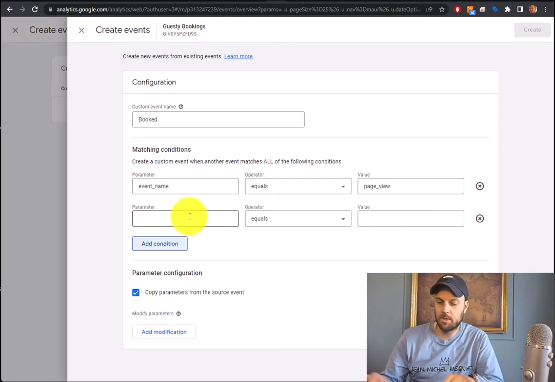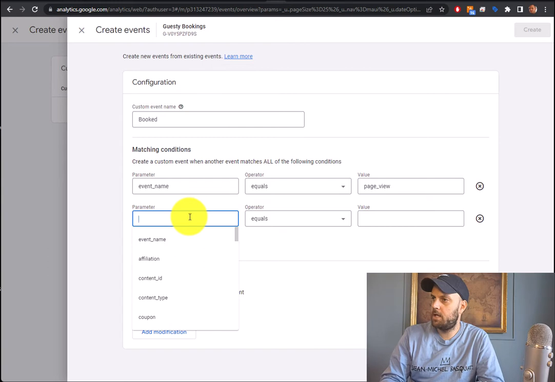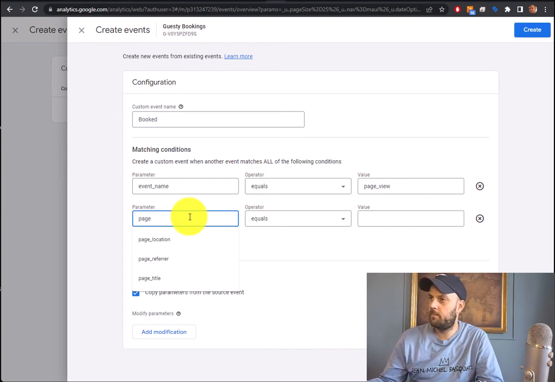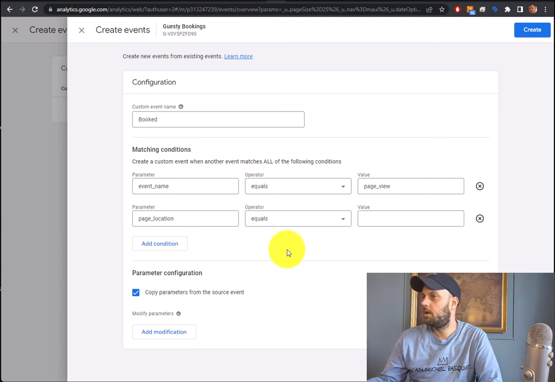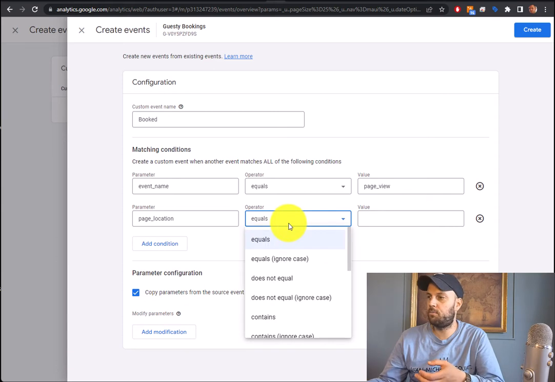So the parameter name is going to be page location. So that's actually not the title, since the title is the same throughout the whole booking process, which we just saw. It's not unique to a page. We want the page location, which is basically the URL. And instead of writing out the whole thing, we want to catch all of the properties, unless you really wanted to chop those up